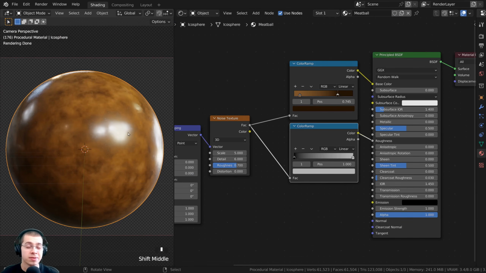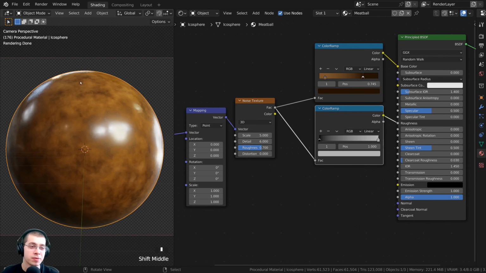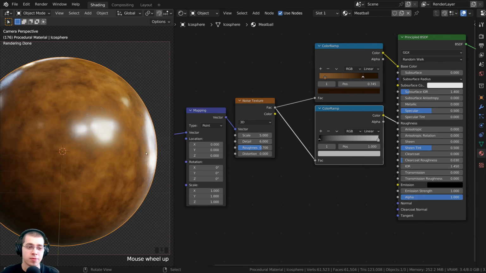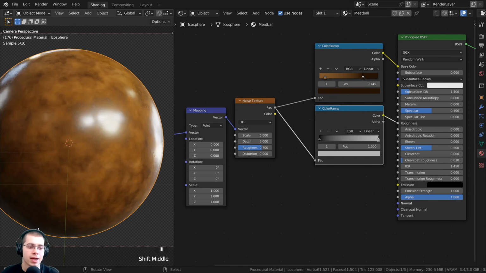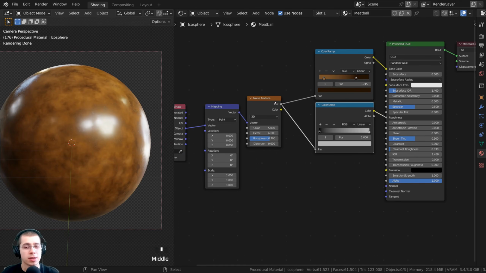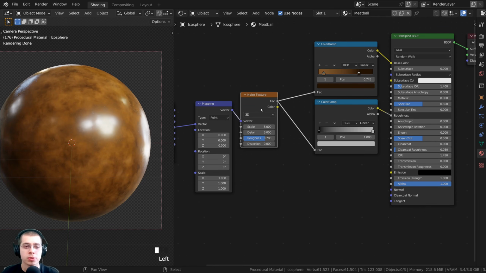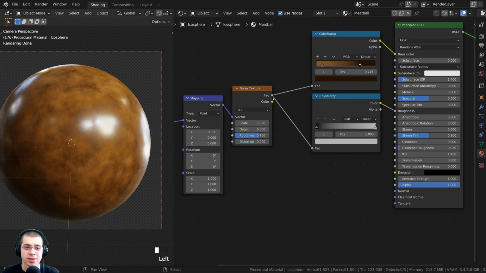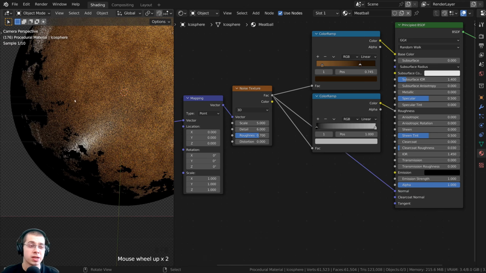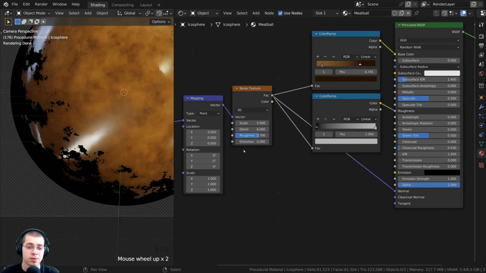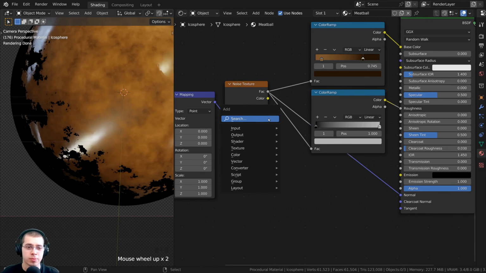Now the meatball is still very smooth, and I want the meatball to be very lumpy, and I also want to add some values into the displacement to make it actually bumping out. So first I'm going to put this noise texture into the normal to give it some bump. So let's take the factor from the noise texture and I'm going to put that into the normal. Now we need to convert this to normal data because you can see there's some weird shading issues. So I can press Shift A